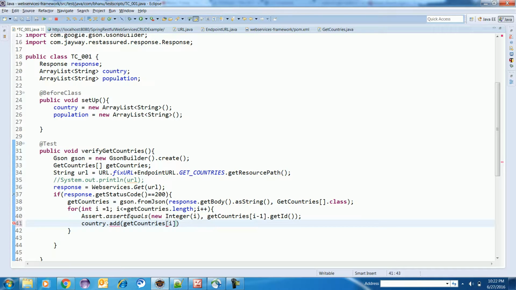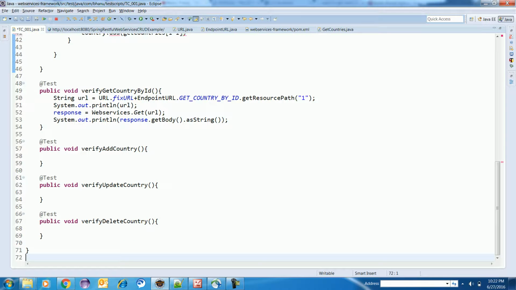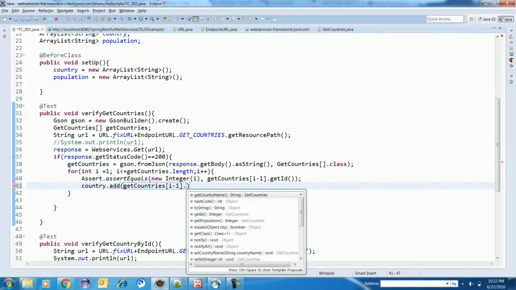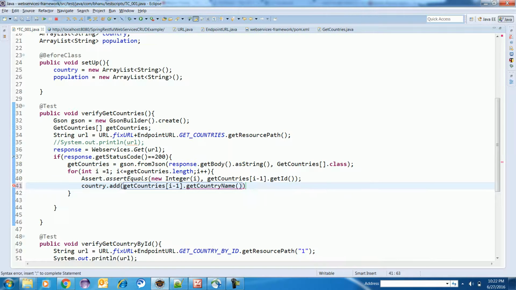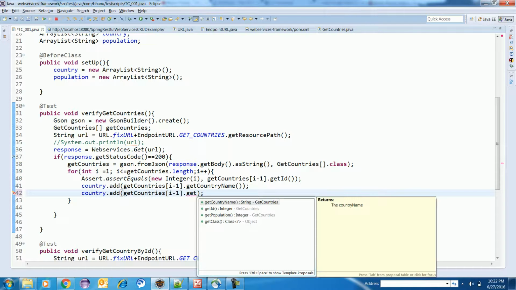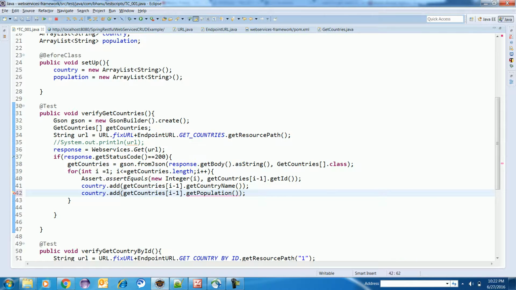Here again I can do minus 1. Why minus 1? Because the index starts from 0 and I am starting from 1, just to make sure that I am verifying the country ID. So dot get country name, I'm adding here. Similarly I will add the population also. I will add get population here,